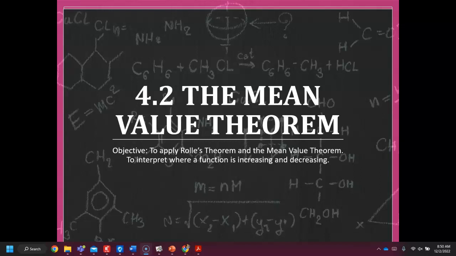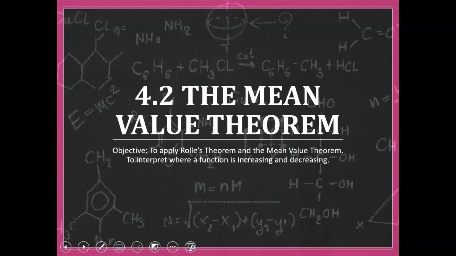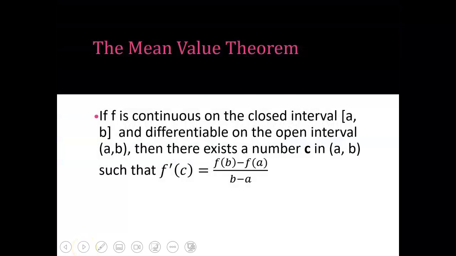So the mean value theorem is going to create a connection with the derivative and the slope of the secant. That's what the mean value theorem does. So the best way to really understand it and to see it is to apply it visually. So we're going to start with the formal definition, which says the mean value theorem allows us to take